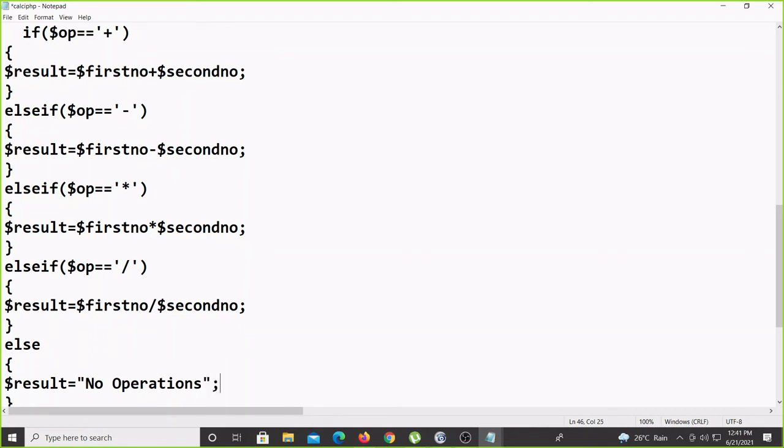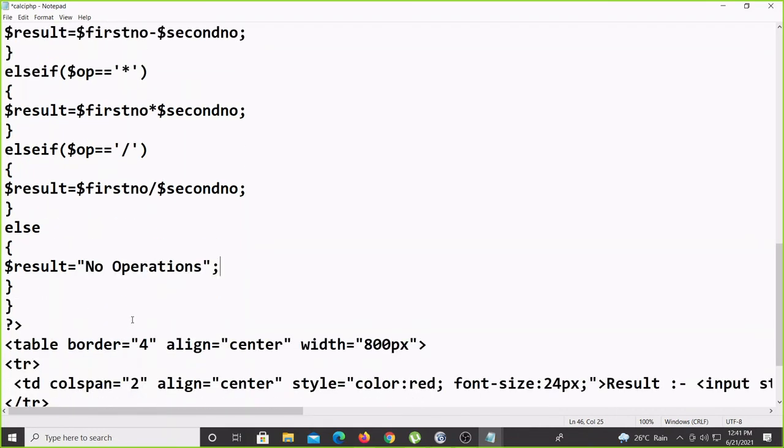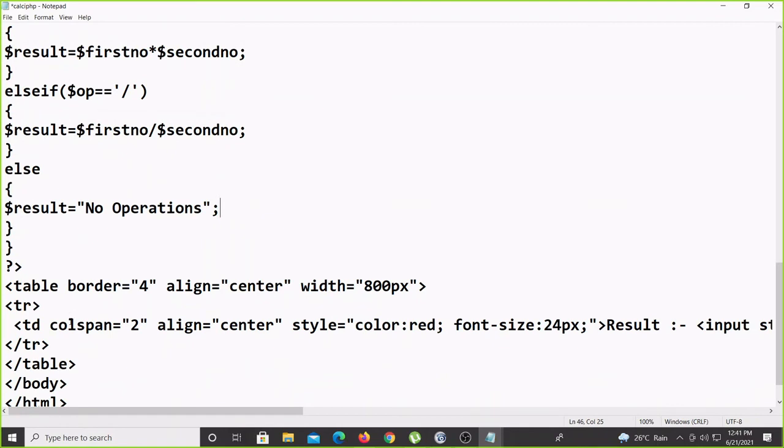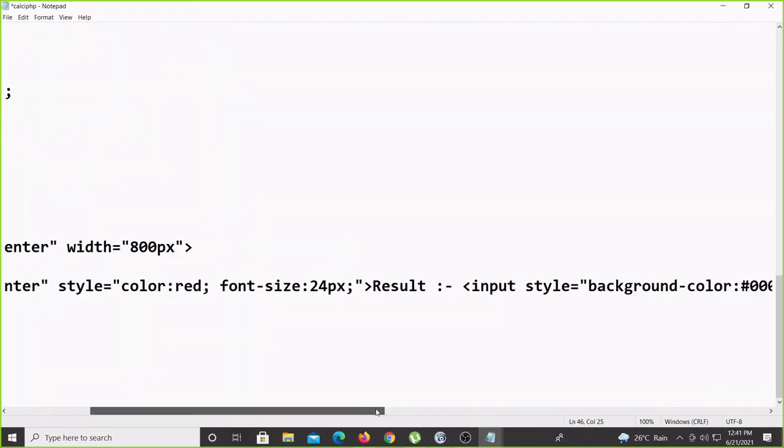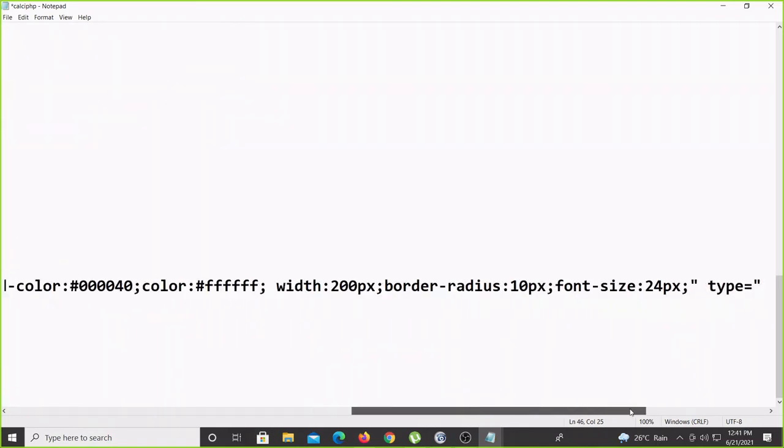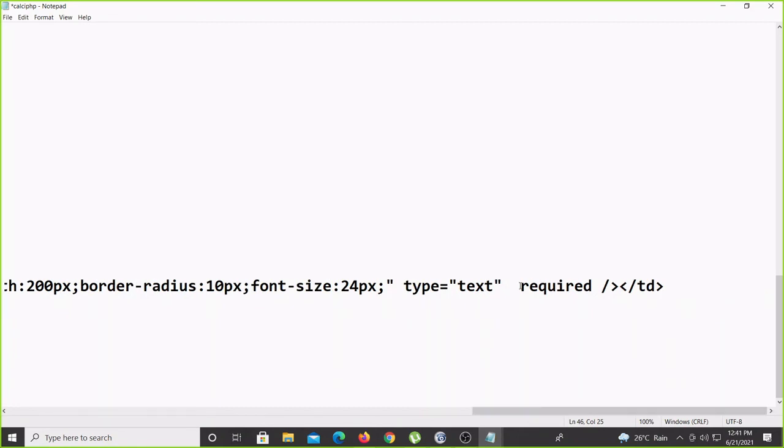Done. And this result value will display inside this input box. So for display purposes, value equal to, and we can use the PHP code here, echo $result.